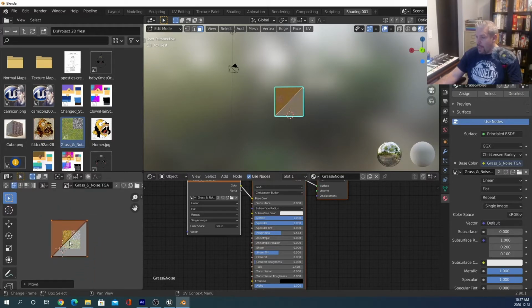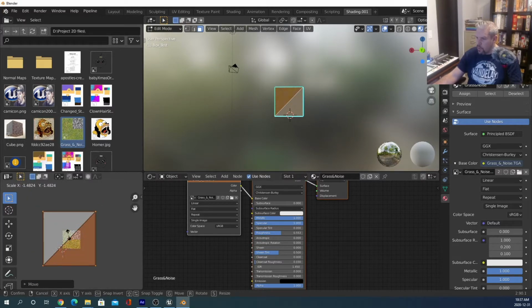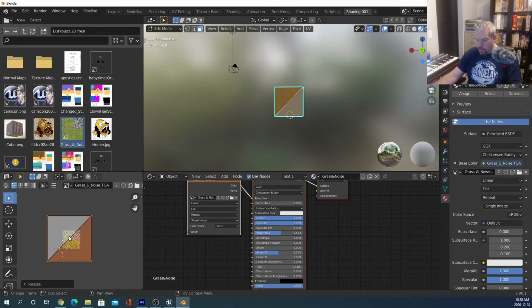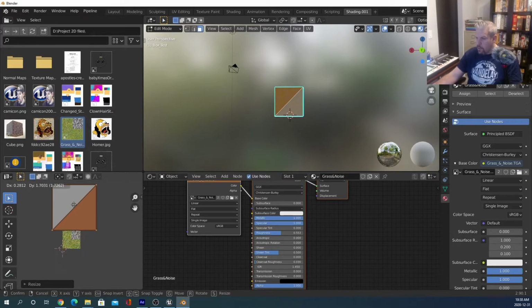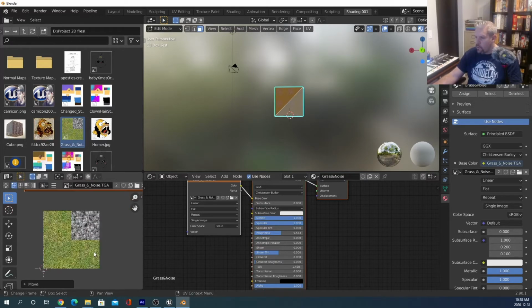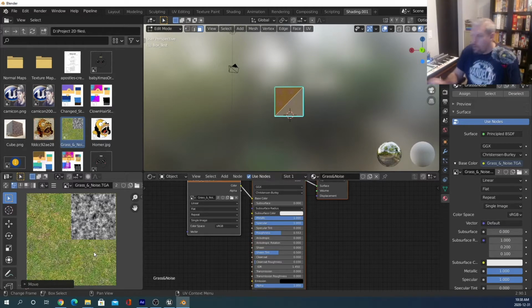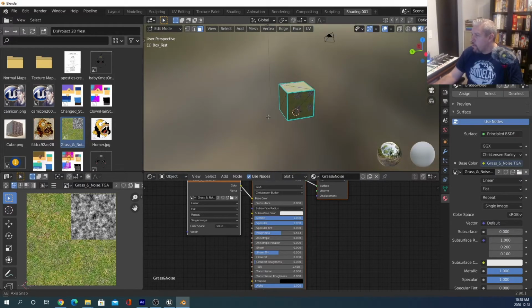If I was to hit S for sizing, it brings up these two little arrows, and then if I move my mouse up and down, I can now size this in real time, and you'll see that also reflect on the 3D image. So that's sort of the basics here. But I'm just going to grab this, move it out of the way, because we don't want to use the standard mapping. I want to show you how to fully unwrap an object as is. Okay, so